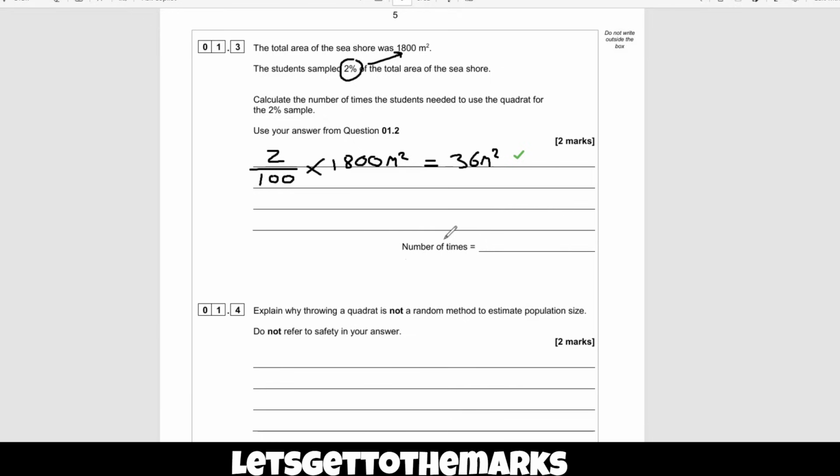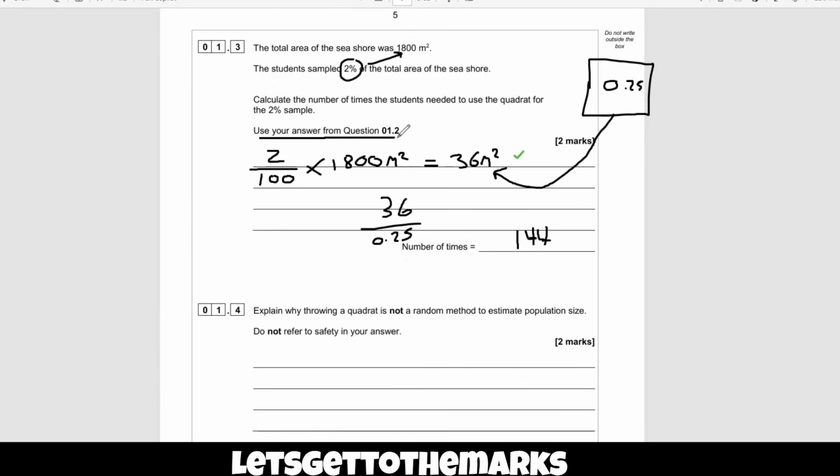Well, we just worked out that each quadrat was 0.25. So how many 0.25s go in that? Well, I'm going to do 36 divided by 0.25, and that's the same as really saying 36 times 4. So it's 144 quadrats. And it does say use your answer from question 1.2, which is the clue that you had to